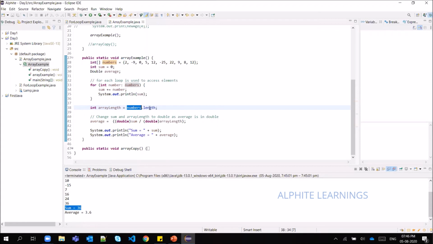What this dot length means: for any kind of object we have some characteristics, and all those members you can get by adding a dot in front of it.